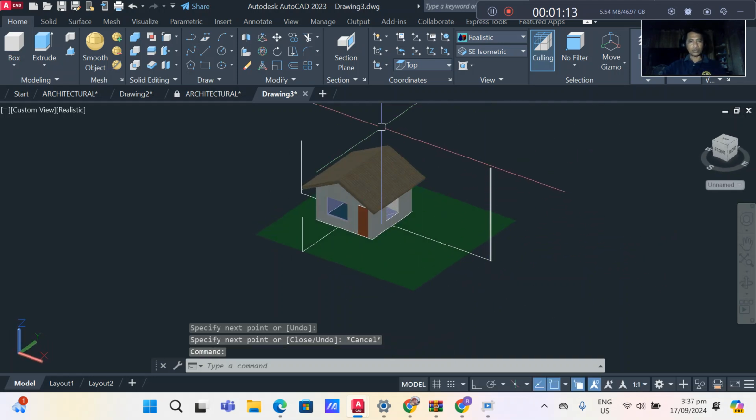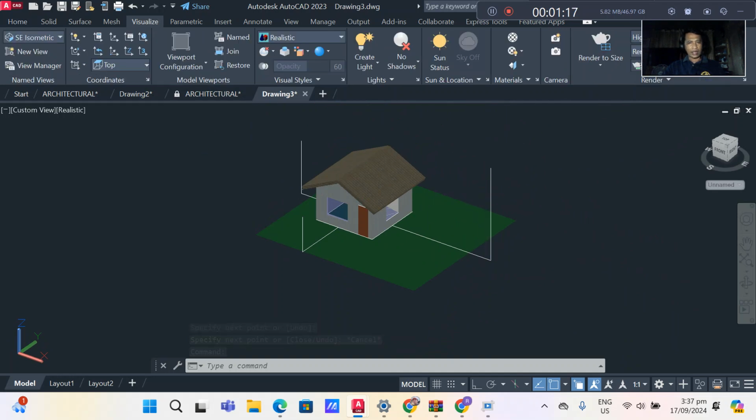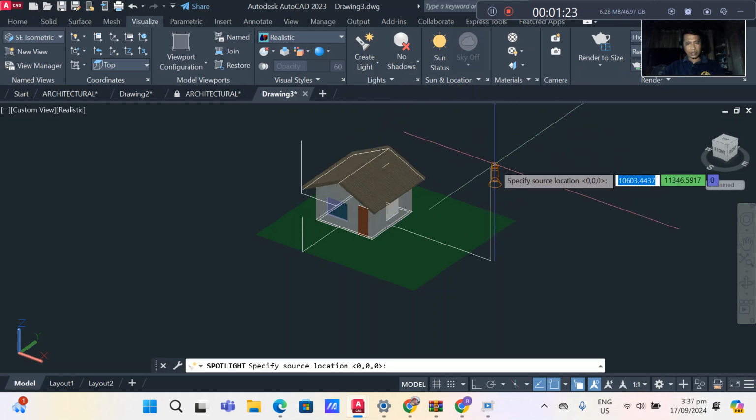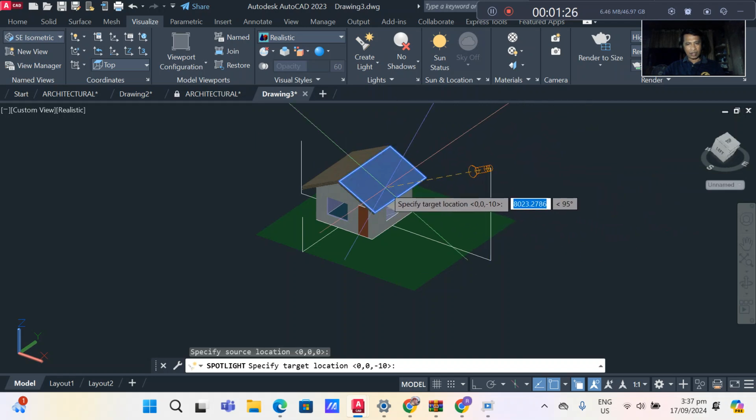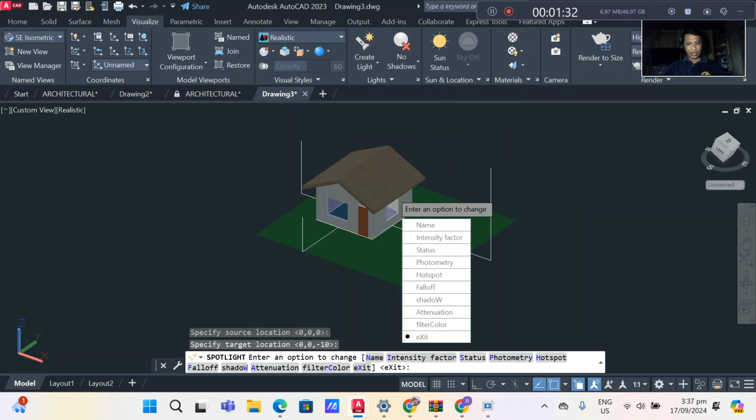The first one is for the spotlight. So we will go to visualize and then click here, create light. So create spotlight, then the area where the light will strike, then enter.